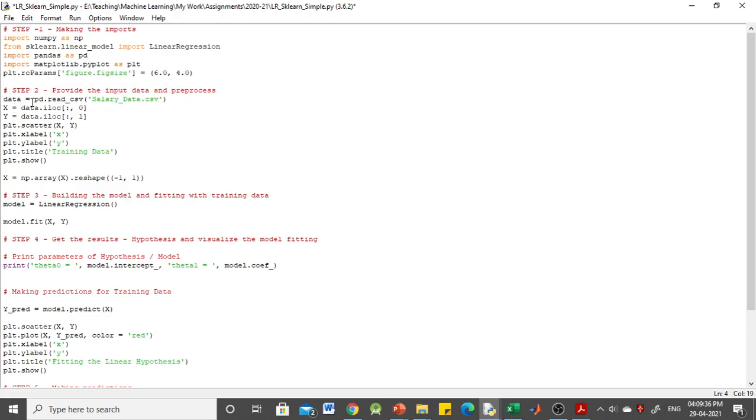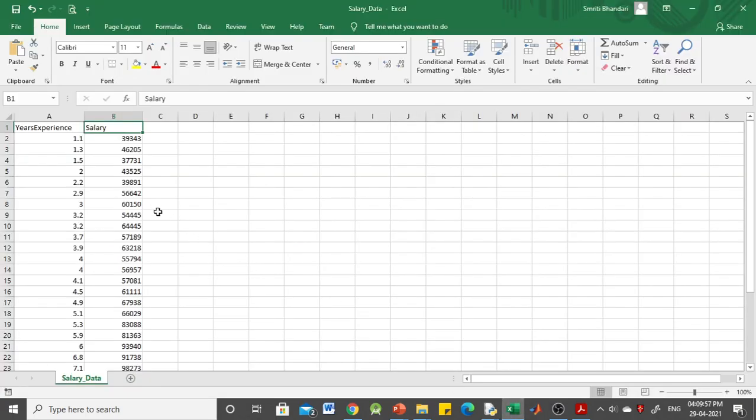Now in step number 2, we are providing the input data and pre-processing it. Here we are making use of the pandas read_csv function to read the data from the CSV file. Let me show you our data file, salary data. Here we have years of experience, which is the independent variable, and salary, which is the dependent variable. So one independent variable and one dependent variable.